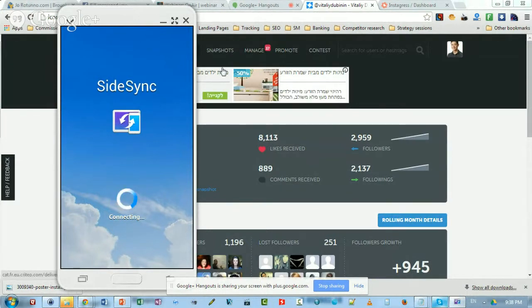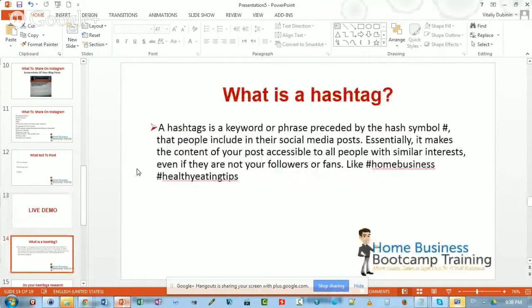While it's going to connect, I'm going to talk to you a little bit about hashtags. What is a hashtag? A hashtag is a keyword or phrase preceded by the hash symbol, and that's how people find posts on social media.